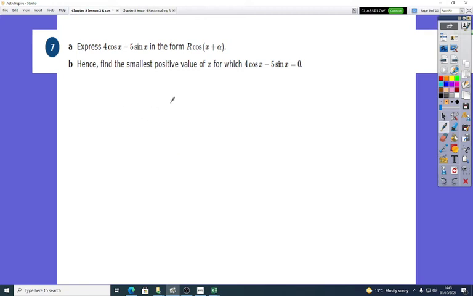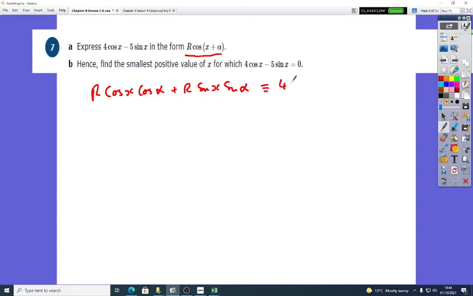Okay, so let's have a go at this. This is a typical exam style question. First of all, I'm going to expand that out. So I've got r cos x cos alpha plus r sine x sine alpha, and that's going to be equivalent